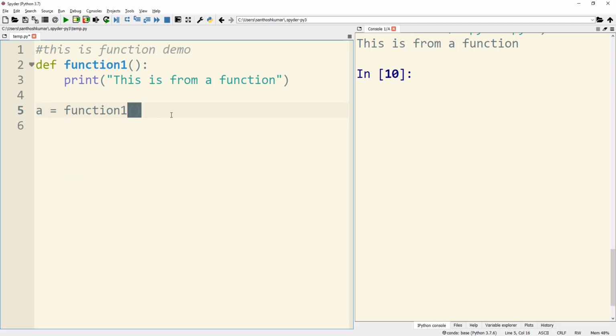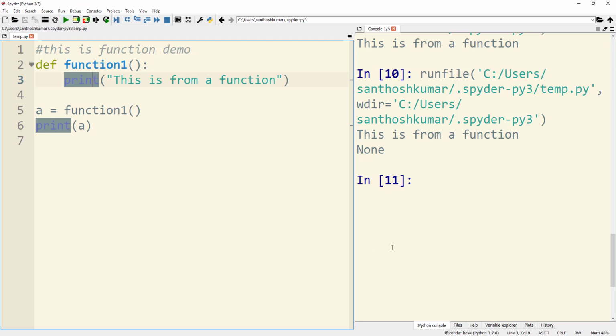Functions can also be assigned to other variables. So here I am assigning function1 to variable a, and then in the next line I am printing the value of a. When I run this code, you can see two print statements.